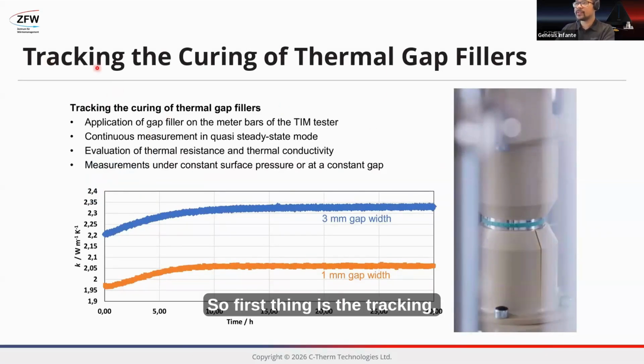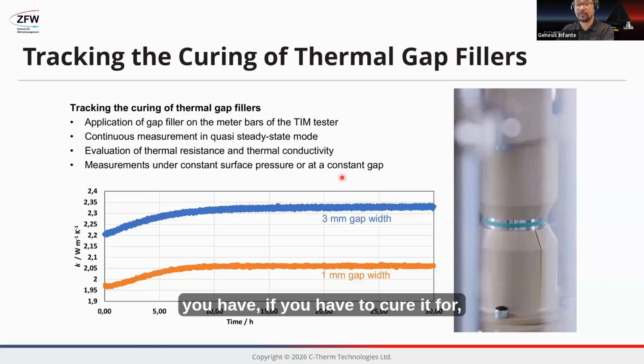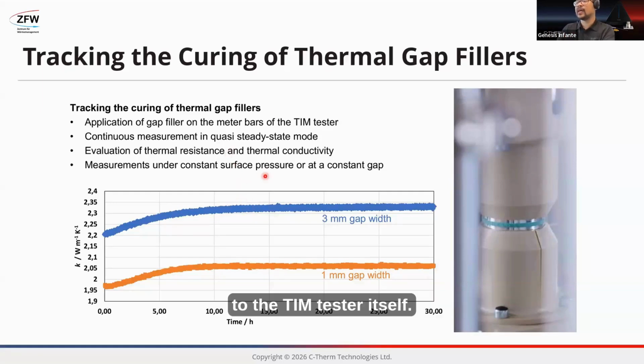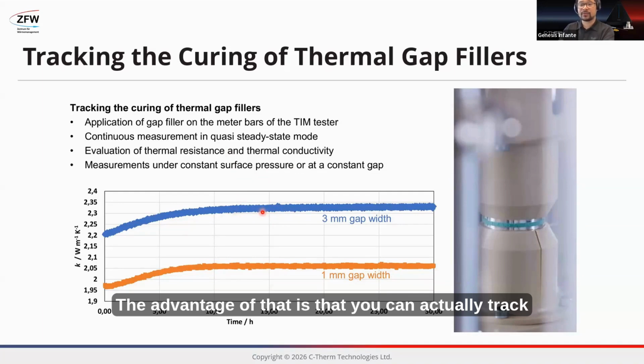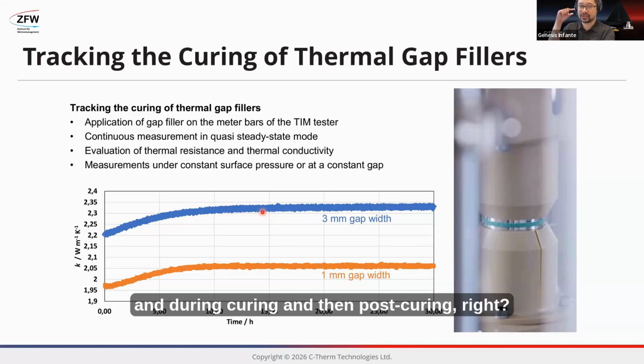So first thing is tracking the curing of a thermal gap filler. So some of these gap fillers, like adhesives, if you have to cure them during the application, it is possible to cure them directly in the TIM tester itself. The advantage is that you can actually track the thermal properties from non-cured, during curing, and post-curing, right? So you have that continuous measurement. The downside is that